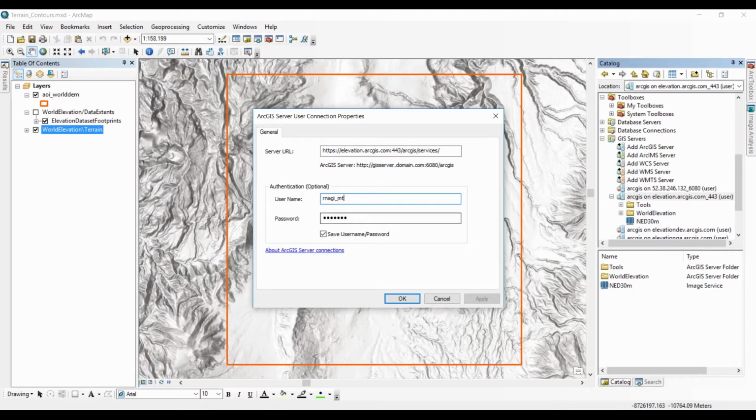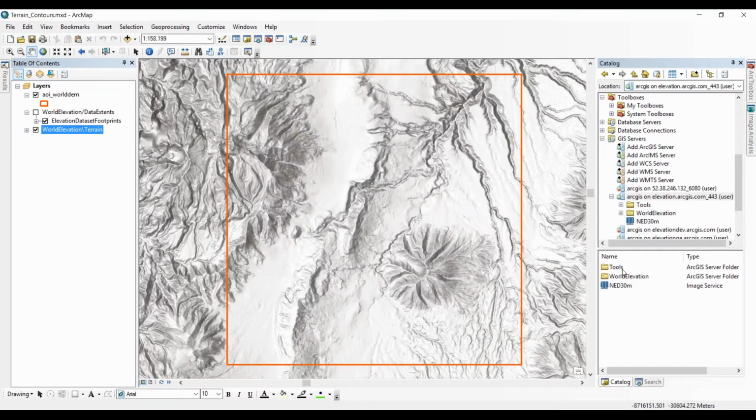This needs an ArcGIS subscription. Once you apply that, you can make a connection to it. It will show you tools, World Elevation, and then one standalone service for the US. Under World Elevation, you will see three services: data extents, terrain, and topography. So data extents is where it will show you, if I click,